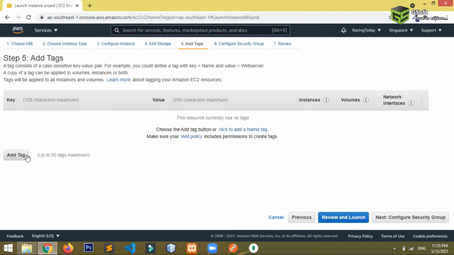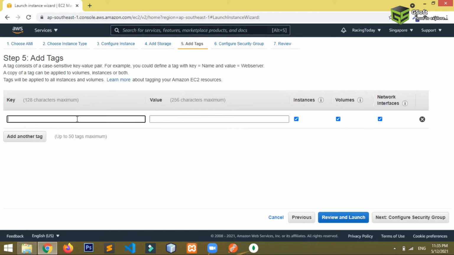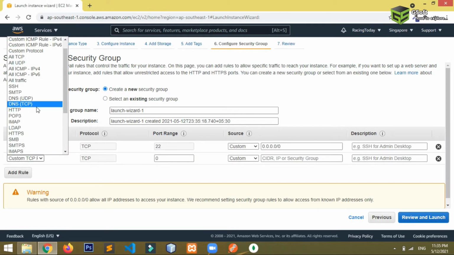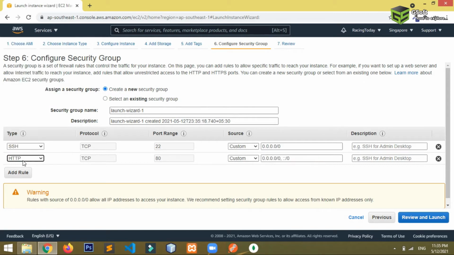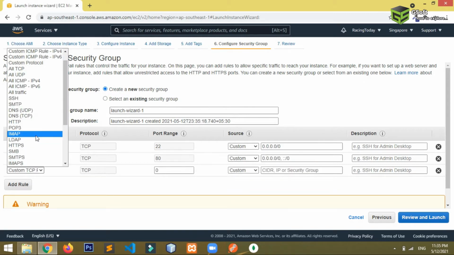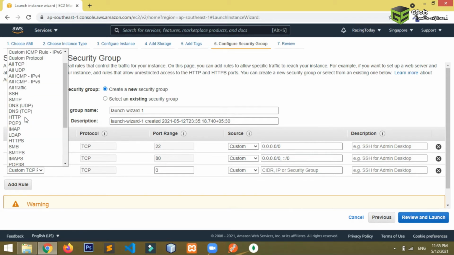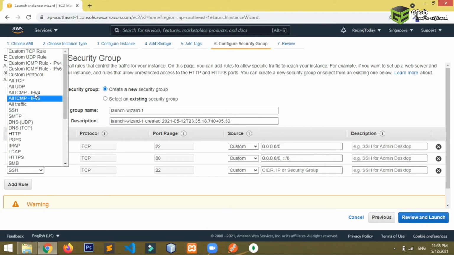Here I don't want to add any tags for now, so I'll just go to Security Group, and here you will be able to see all the ports. If you require any port, you can just add the rule and set it to, let's say, HTTP, and then I want to use SMTP also. SSH is already there.